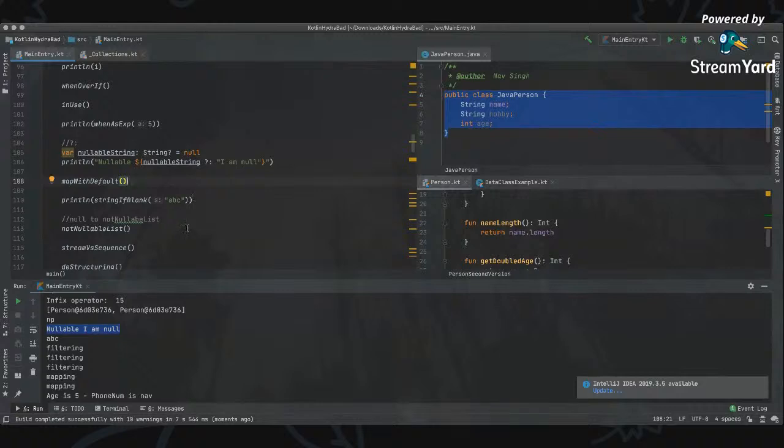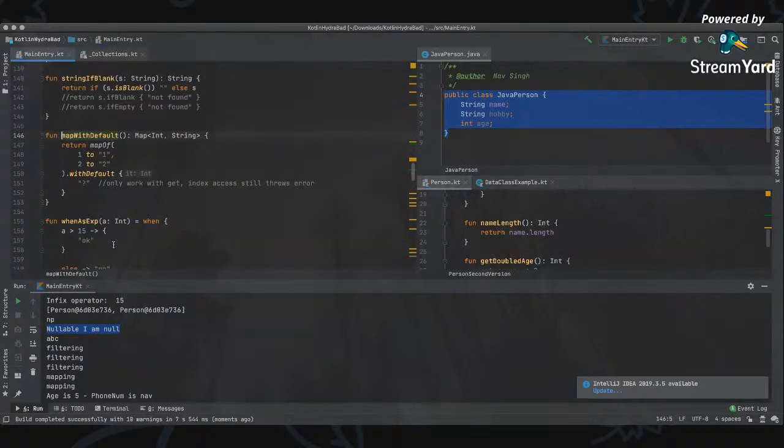Next, we will see maps with default values. In our case, I created two values, like 1 mapped to 1 and 2 mapped to 2. And if you try to process it, and you want to find anything within this map and it doesn't exist, we need to handle those cases with a try catch, or wrapping it with if else, something like that. But Kotlin has another feature which is called withDefault, and it